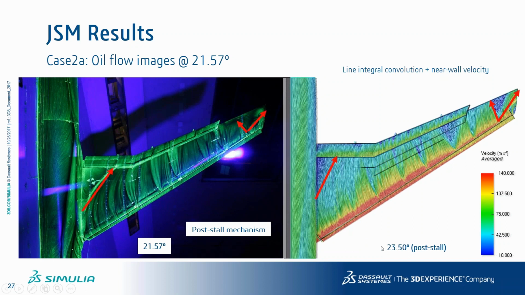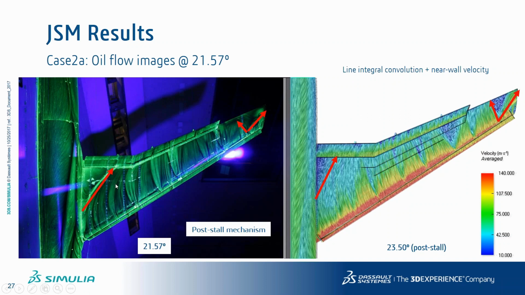So we compare here 23.5 degrees against 21 for one single reason: since we slightly predicted the stall entry late, we have to compare at the equivalent level of lift, the stall entry for both curves. In order to compare the same flow patterns, you have to be at the same level of lift, okay? So maybe this region is slightly over-predicted compared to what is in the wind tunnel, but